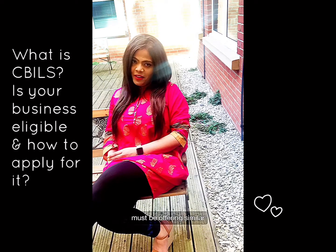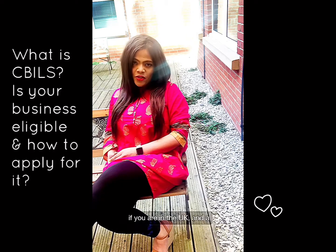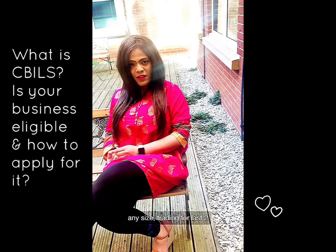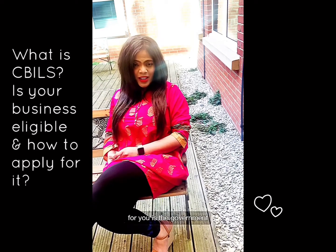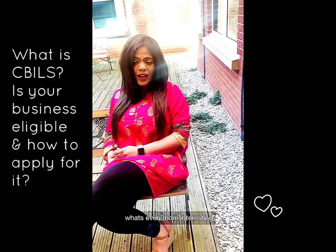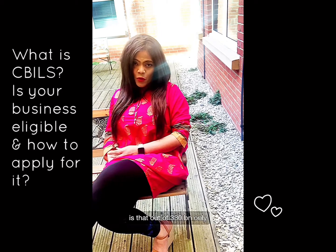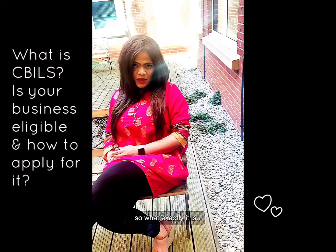But if you're in the UK and a business owner of roughly any size, trading for the last 2 years, then the good news for you is that the government has pledged to guarantee £330 billion of loans. What's even more interesting is that out of £330 billion, only £145 million has been lent so far. So what exactly is it? The British Business Bank's